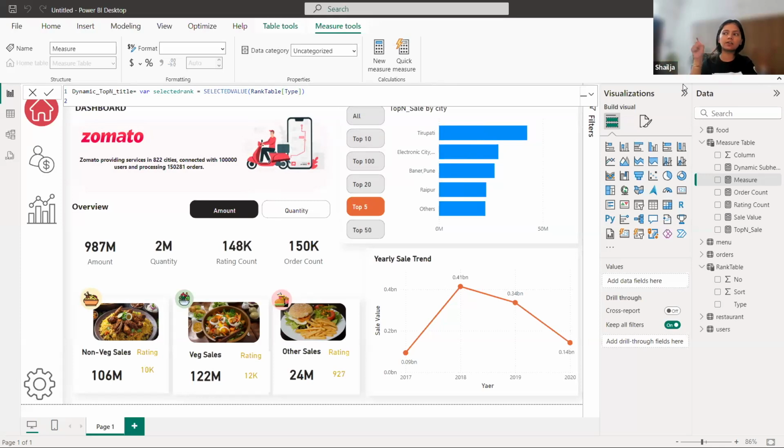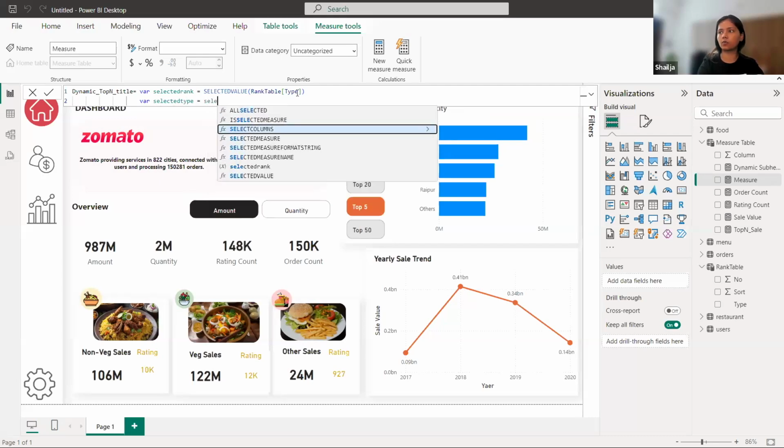I am not just selecting top 5. I am also saying whether you are showing me top 5 amount or you are showing me top 5 quantity. This filter, if it is selected as amount, this will show me top 5 amount. If it is selected as quantity, this will show me top 5 quantity. So what I'll do is I'll just create another variable. I'll call this selected type. Okay. And this will again hold the value,